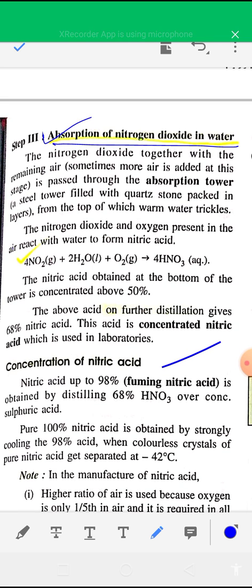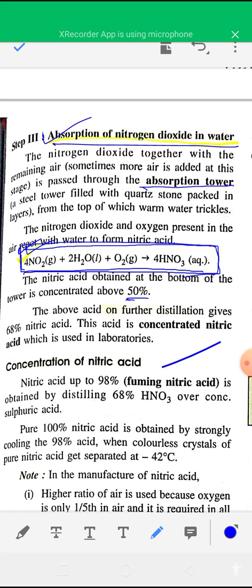In this step, nitrogen dioxide gas reacts with oxygen and water to form nitric acid. This step takes place in the absorption chamber, the absorption tower. In the absorption tower, nitrogen dioxide reacts with water and oxygen to form nitric acid. And the nitric acid obtained at the bottom of the absorption tower is concentrated above 50%,